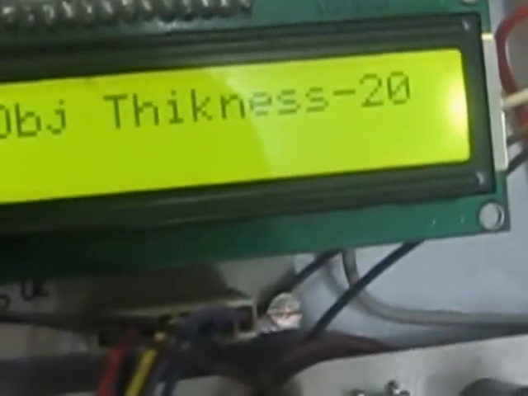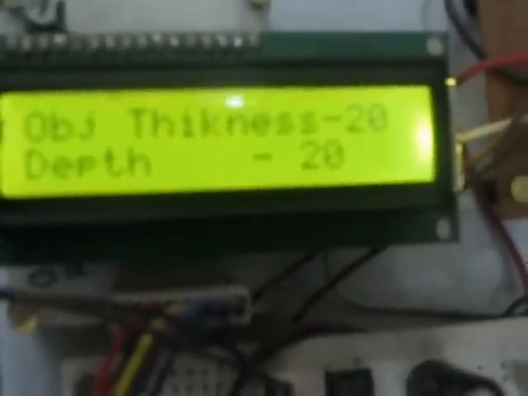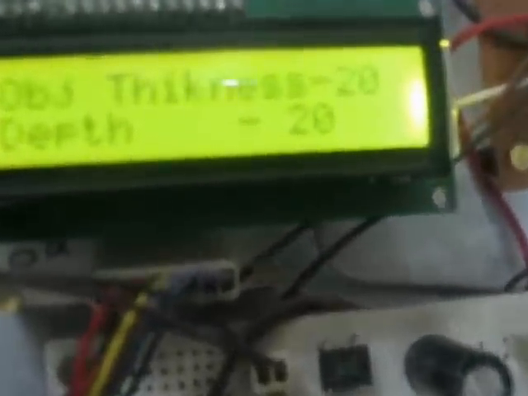Suppose, for demo's sake, I choose 20 mm as the object thickness. Then, for the depth, you have to enter the depth to which the object is to be drilled.